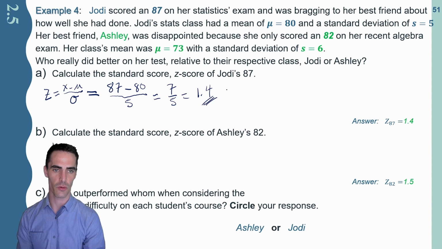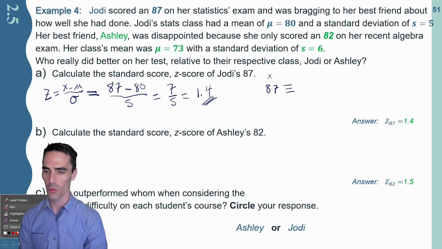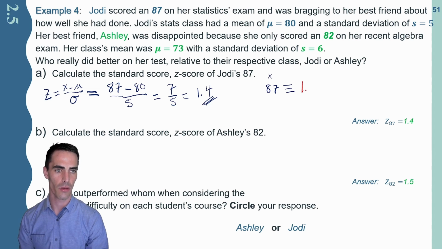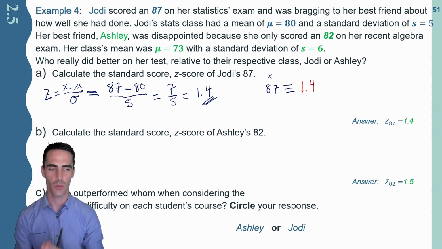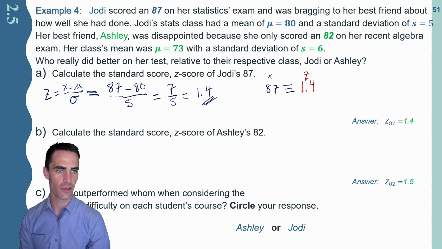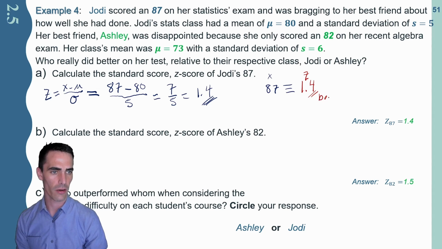This is her z-score. And again, the way I'd encourage you to think about this is Judy got an 87 on her test. That's like the X world that you're living in. But instead, think about, equivalently speaking, change to red over here. Equivalently speaking, you have her z-score of 1.4. And these two scores are exactly the same, at least equivalently speaking. This one tells you more though, because it tells you the position. Oh, look, she did better